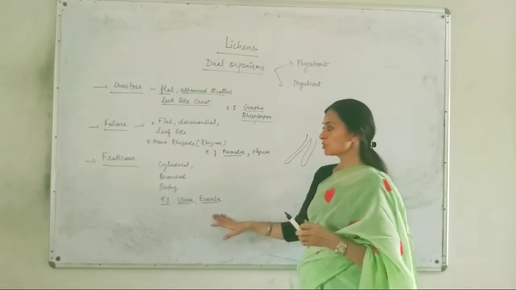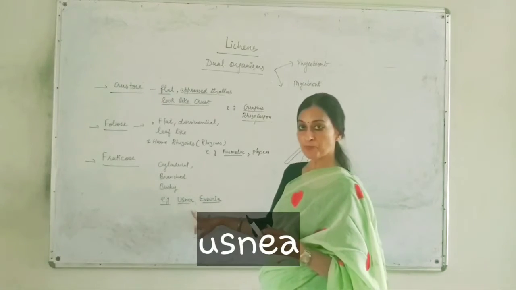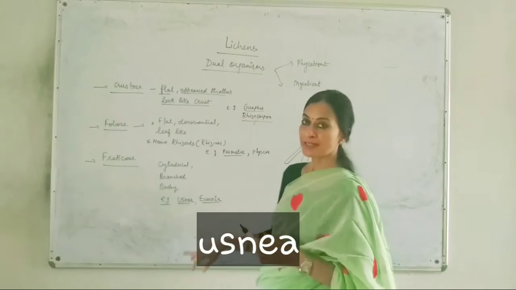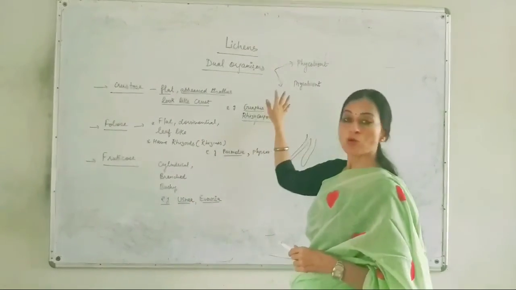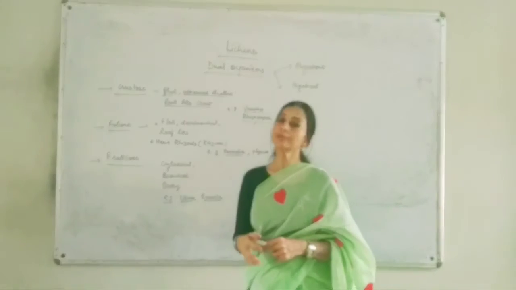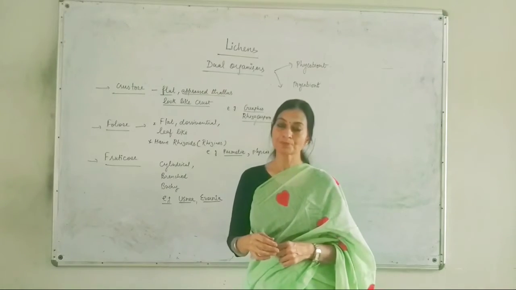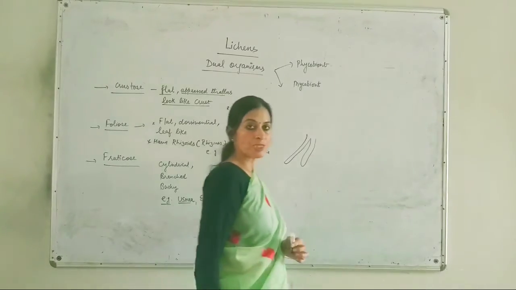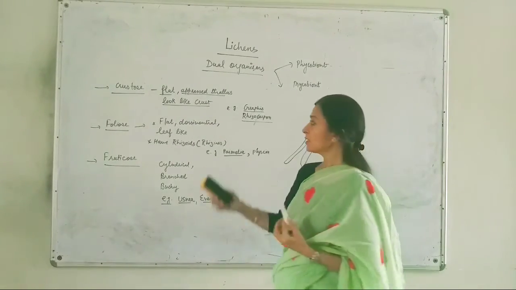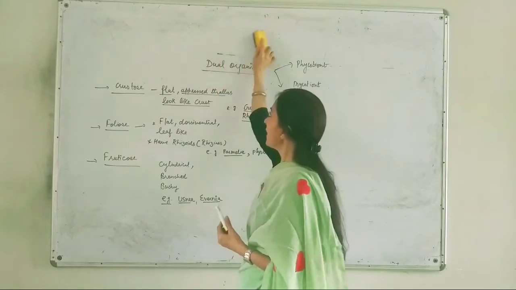And examples of these fruticose lichens are usnea and evernia. So this lichen is also not having a place in the five kingdom classification system. Another type of symbiotic association that is observed is